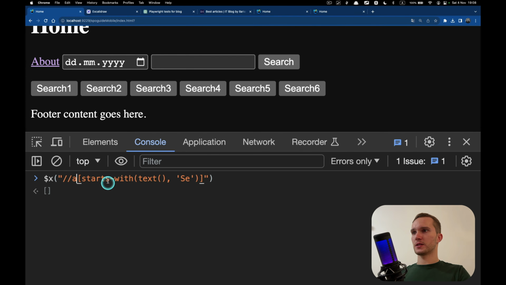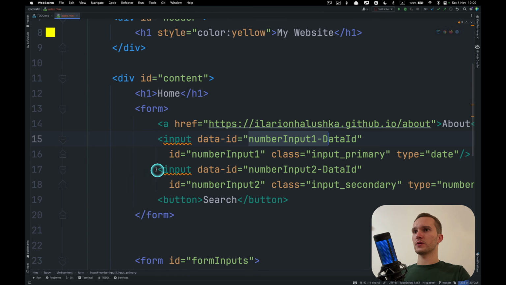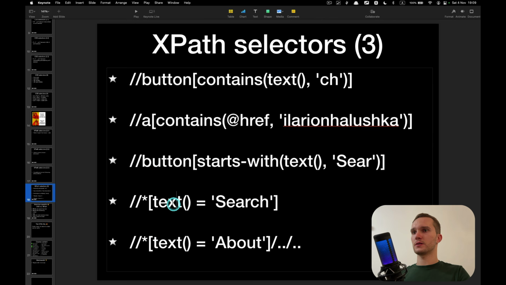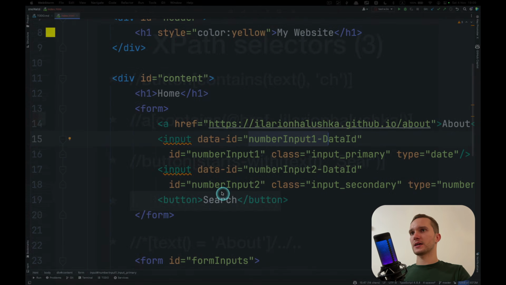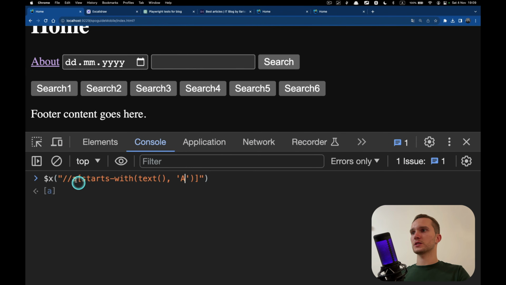Let's find link. Starts with text, starts with about. About, we have one link. Okay, what else do we have here? This is exact match, so this will find all the elements on the page which have this text.